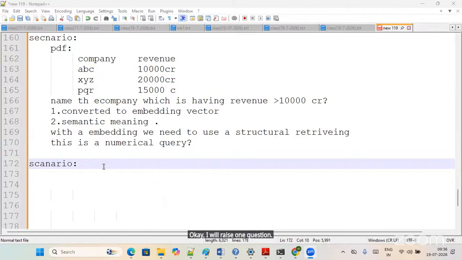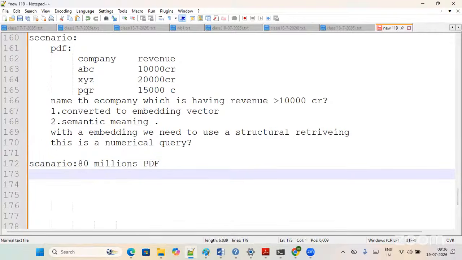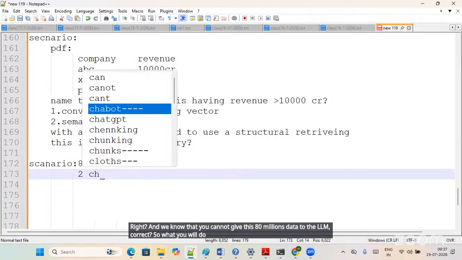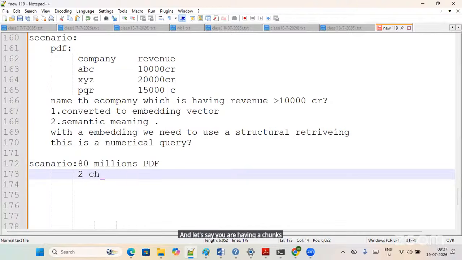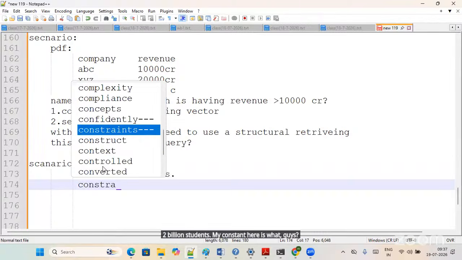Okay, fine. I will raise one question, guys. You try to answer this one, and then we'll move towards the practical. So let's say, suppose I'm talking here about PDFs. Let's take you have 80 million PDFs, and we know that you cannot give these 80 million PDFs to the LLM. So what you will do, let's take you have chunks. Let's take 2 billion chunks. 80 million PDFs, and you have 2 billion chunks. The constraint here, guys, is